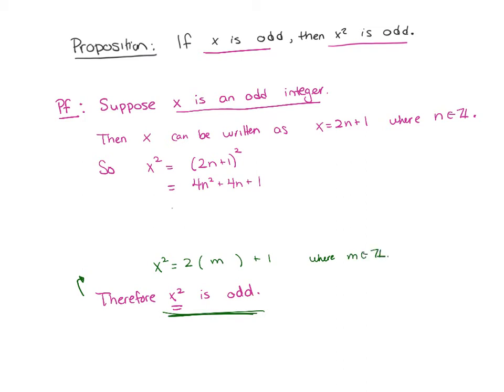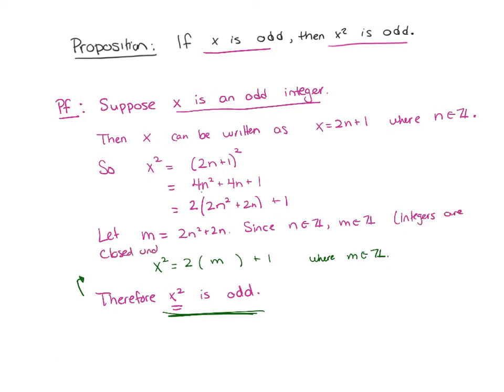So why don't I go ahead here and pull out a 2, and then we'll see what's left. 2n squared plus 2n plus 1. So I can say let this m equal 2n squared plus 2n. Since n is an integer, m is an integer, because the integers are closed under addition